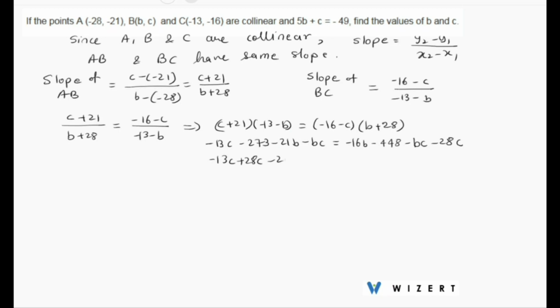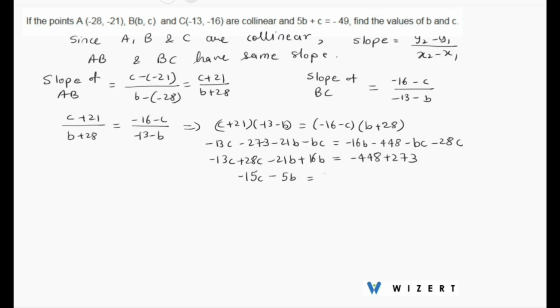So we have minus 21b plus 16b, and then we are left with minus 448 plus 273. So we have minus 13c plus 28c is 15c, and minus 21b plus 16b is minus 5b,